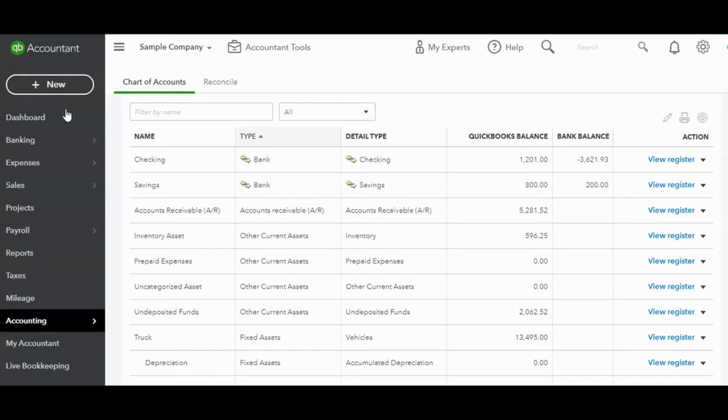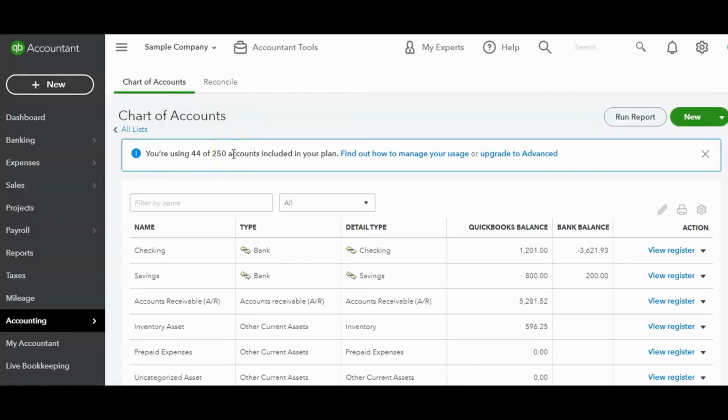Now, this tutorial is especially valuable for the small business owner, entrepreneurs, bookkeepers, students, anyone who really wants to get a good feel of their chart of accounts. This is where all of the central information is located for your account in QuickBooks Online. If your chart of accounts is incorrect, it's going to lead to incorrect details being fed into the reports, which you are going to use ultimately, like your profit and loss statement. So you really want to make sure that your chart of accounts does look good before you get started with